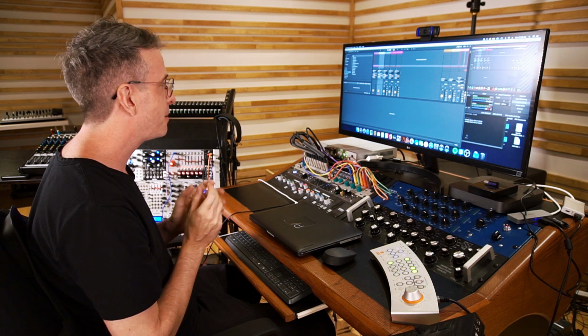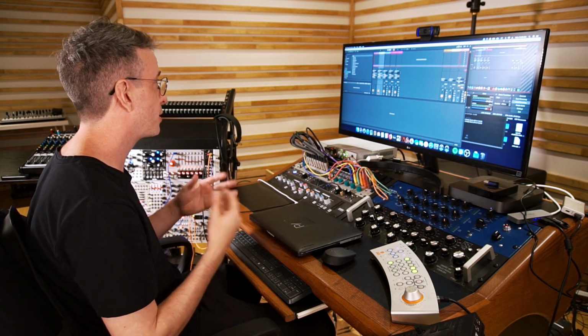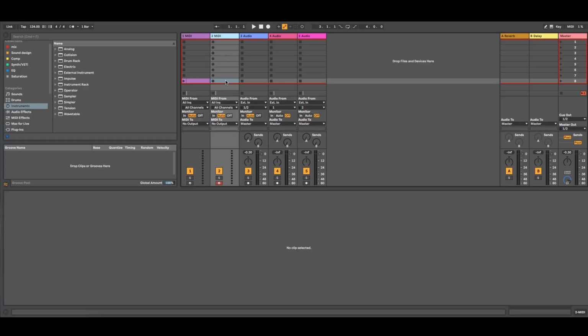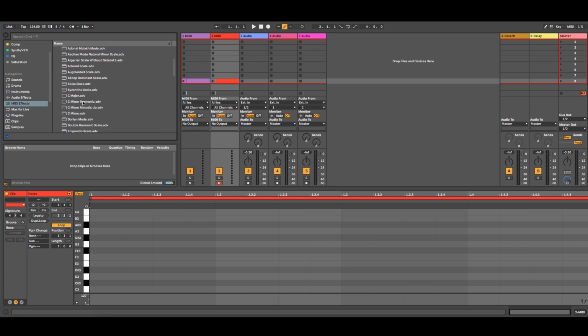So I typically like to have my song in C, or at least to start with. We talked about being generic. So I'm just going to come here, and just to make sure that I'm in C, in the MIDI effects, there's the scales. And in the scales, I'm going to be in C.